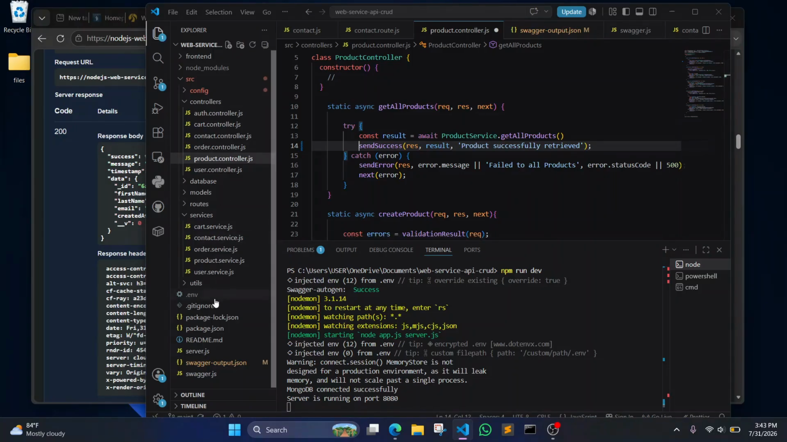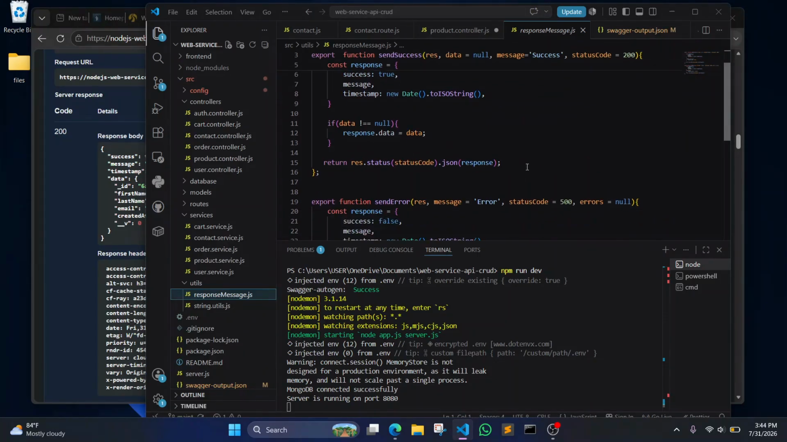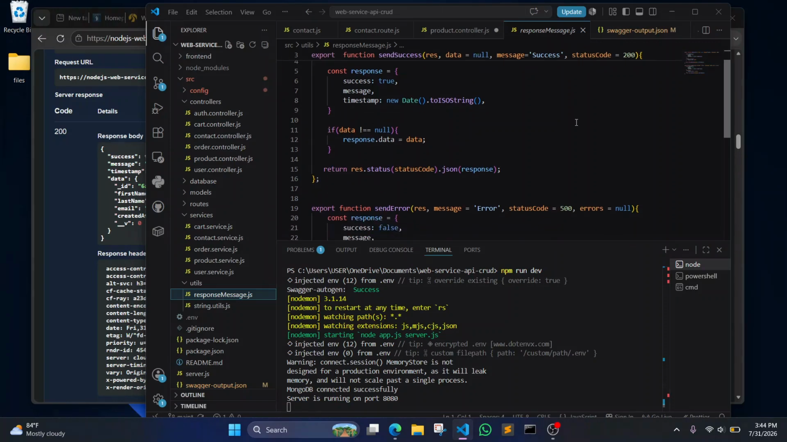Now let's come to the ETL. The ETL is a place where we have these response messages. So we have the send success and we have the send error. For the send success, we take a response as a parameter, and arguments data, message and source code. If it's successful, we put 200 here. That means it's successful. This particular response is customized to fit into what we have here,